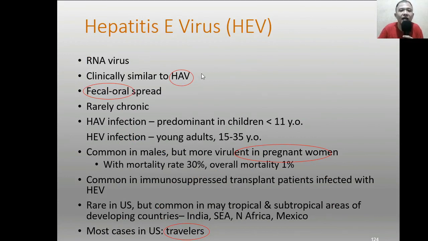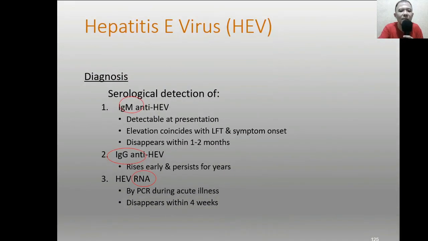Hep E is an RNA virus, fecal-oral. We knew that, and it's very common among travelers and among pregnant women. Very fatal among pregnant women. The same route, fecal-oral, same as hepatitis A. It's the Hep E virus, and we have the HEV RNA and the antibodies, not very